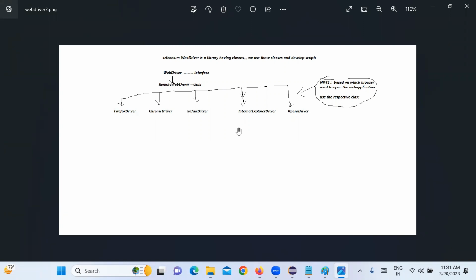So what did I say? Based on which browser is used to open the web application,